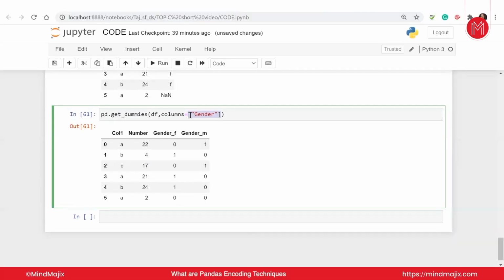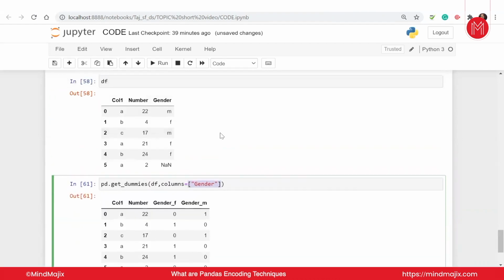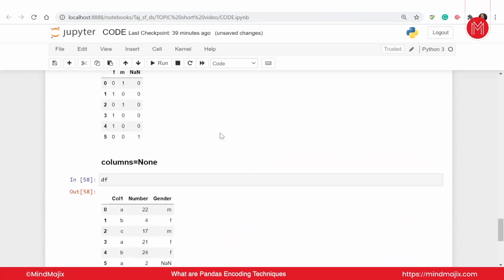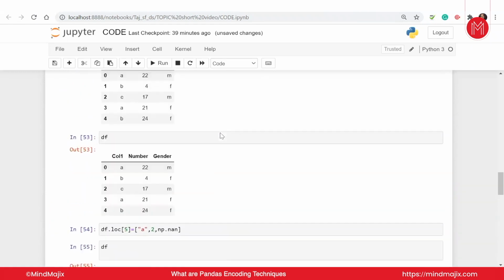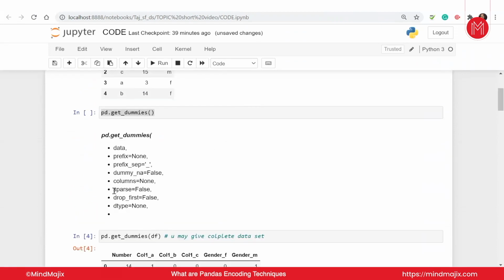Okay. Moving forward, guys, we have done a conversion of column gender, and this is converting my gender to 1 and 0. And yes, you can have NaN True. Guys, again, every parameter I have discussed before can be added together to get a proper result. Now let's move forward on this. We have get_dummies. We have sparse. Sparse, guys, again, if we have some data of that kind of value, we use sparse here. I don't have any column like that, so I'm not going to use it. But in case you have a particular type of column which you want to sparse, you can do that.